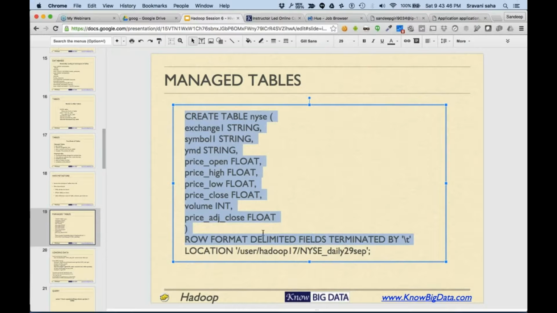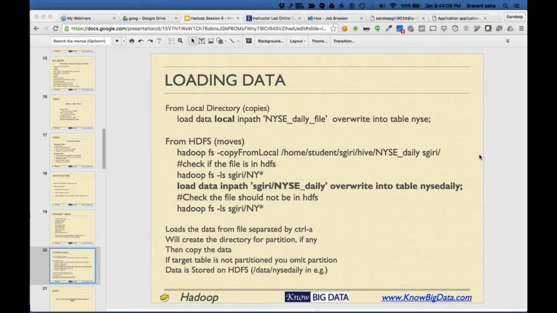But if you mention that the fields are delimited by backslash t, the file which we are loading into the table should contain the columns such that one column from another is separated by backslash t. Backslash t is tab.